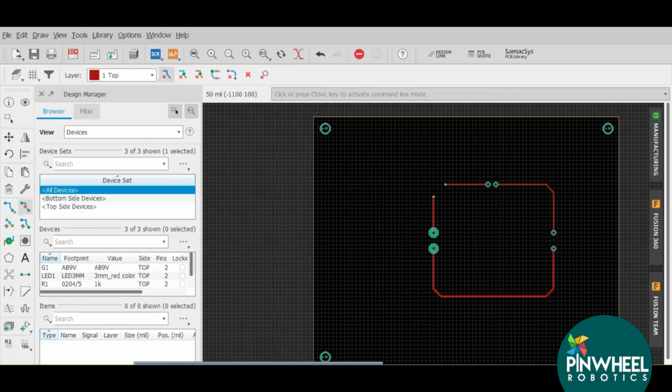And also in the next session, we'll see, when we want to send this PCB design file to the fabrication house for fabricating the PCB for us, how can we do that? How can we generate the Gerber file, and make sure that when we send it to the fabrication house, they don't return a faulty PCB because of a bad design or something. So in the next session, we are going to learn all about that.